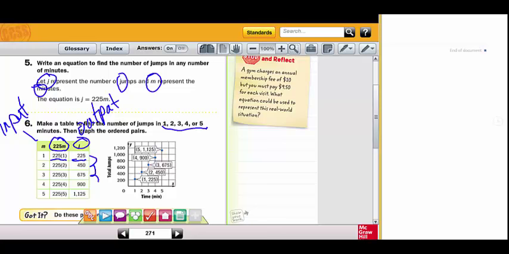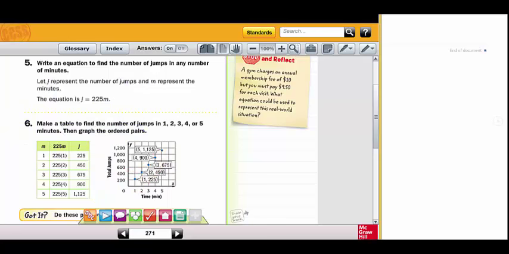And you can see here that we're going to rise by 225. It's a plus 225 from point to point. Let's back that out of there. And then it asks us to graph the ordered pairs. So when we're graphing the ordered pairs here, we would have the ordered pair of 1 and 225. So on the x-axis, because that's our input, we have minutes of 1 minute, and at 1 minute we're going to be at 225 jumps. At 2 minutes we're going to be at 450 jumps. So at 2 minutes we're going to be at 450, and we can plot each of these points just as